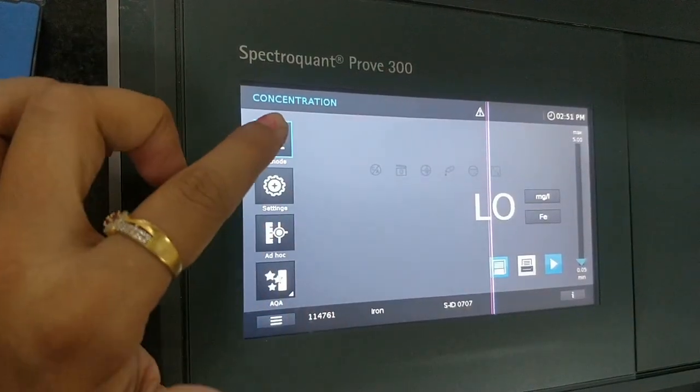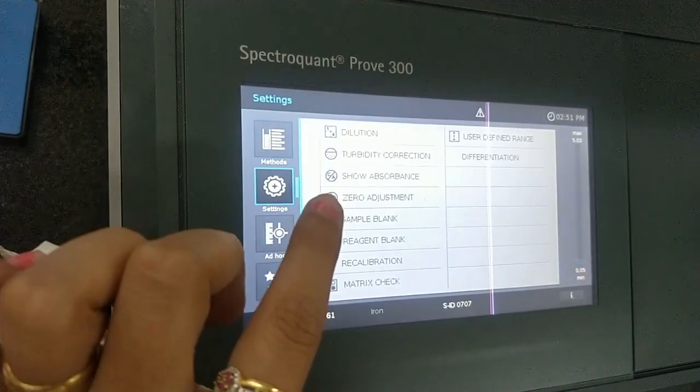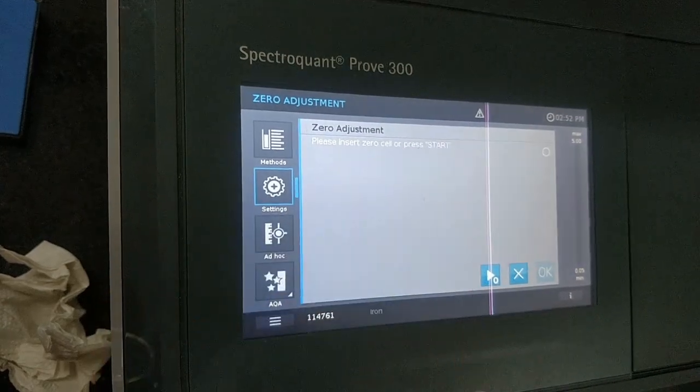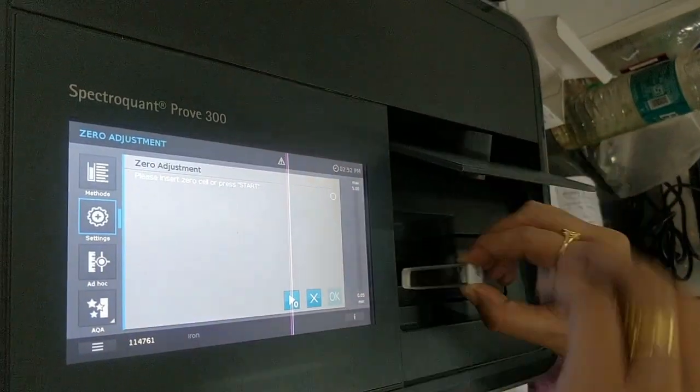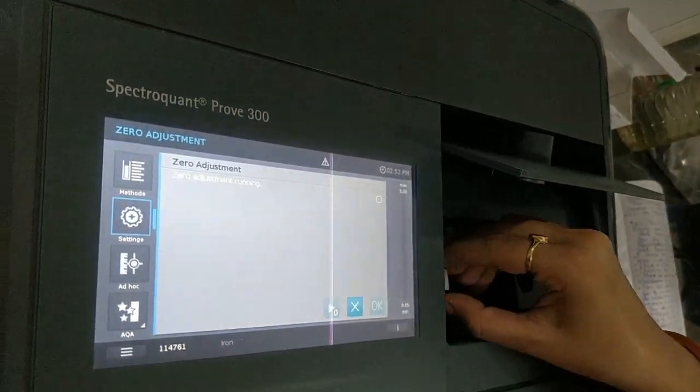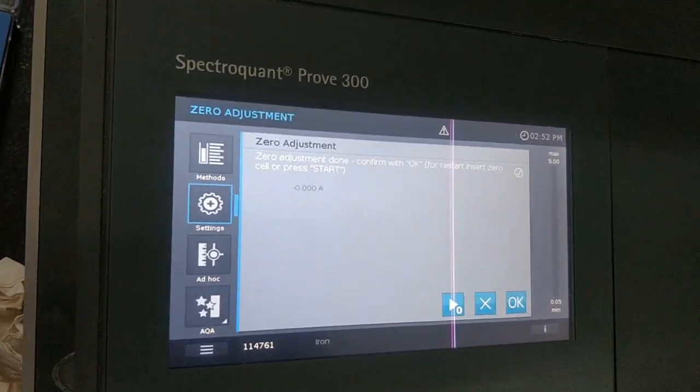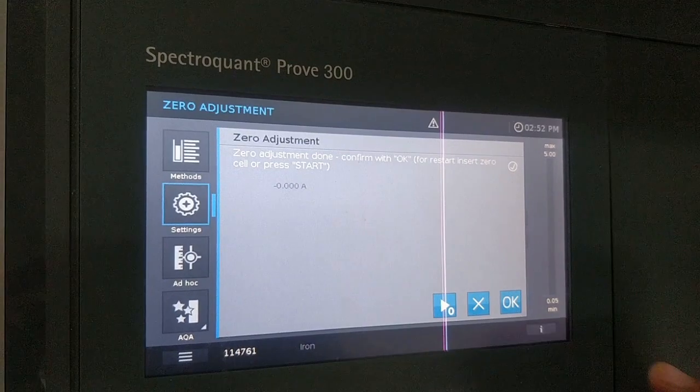For zero adjustment, go to setting and here go to zero adjustment and place this cuvette in the cell compartment. As you can see, zero adjustment is running. It's already done.